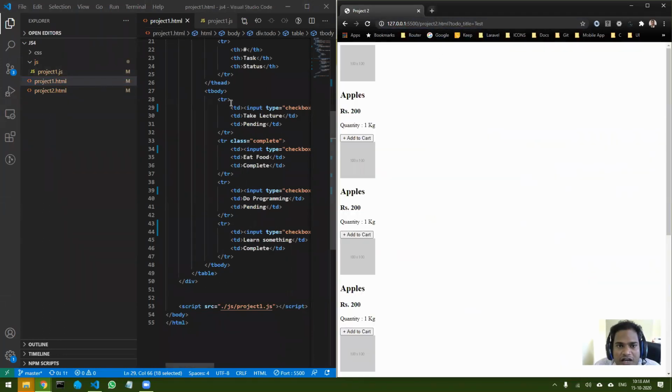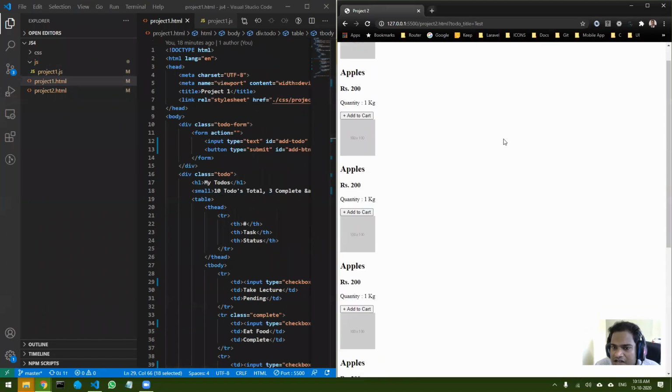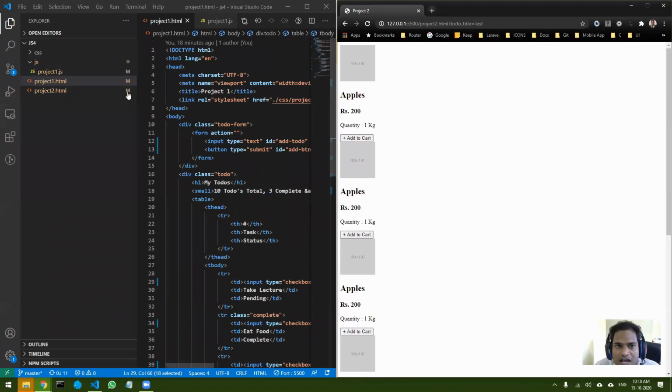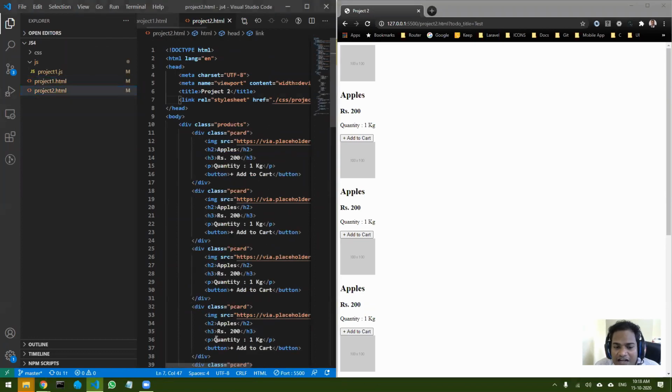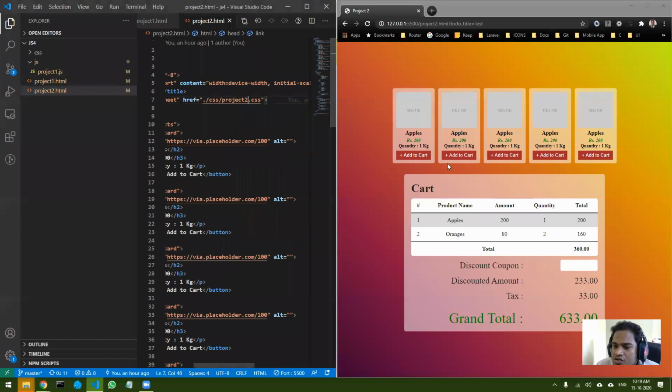Now this is how project 2 looks, but obviously it does not look good unless you have the style attached to it. So I have styled it like this, project 2.css. This is how it looks. Basically it's like a cart system. These are the products that are there inside the cart. Whenever I click on add to cart, it should come on the table.